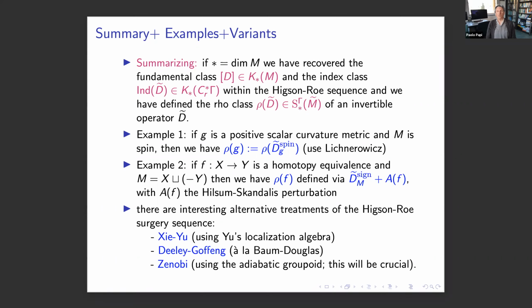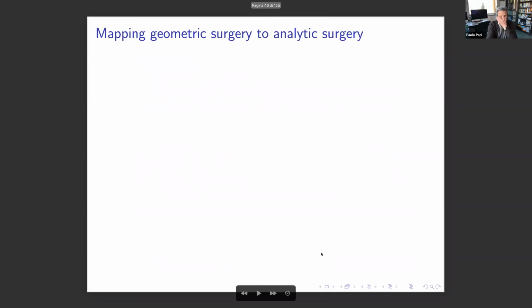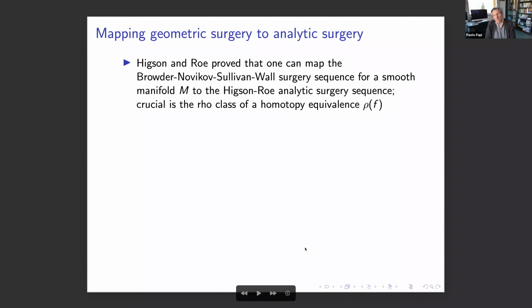Okay, so far I talked about these three classes, and I've given you two fundamental examples of how a rho class can arise: positive scalar curvature metrics and homotopy equivalences. Now, why do we call this K-theory sequence the analytic surgery sequence? The reason is the following. I will be very short here. Namely, in the original papers, because there are three of them, by Higson and Roe,